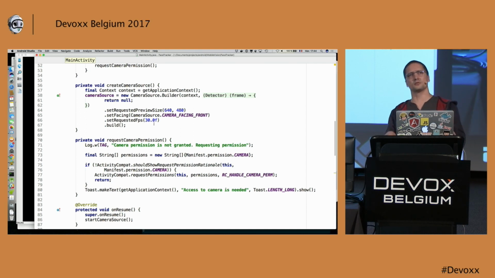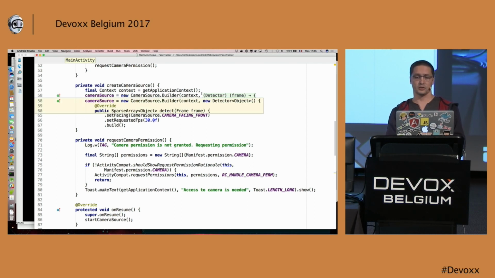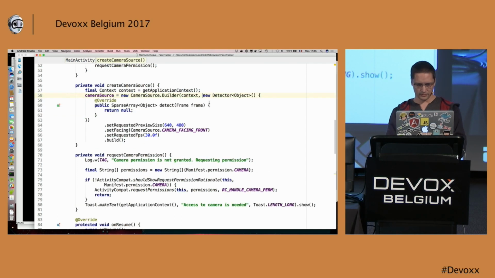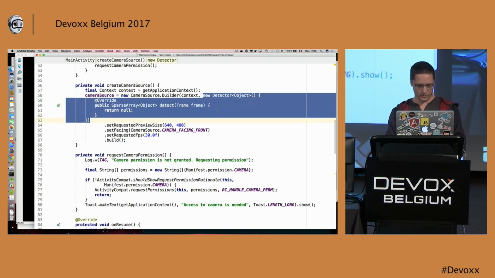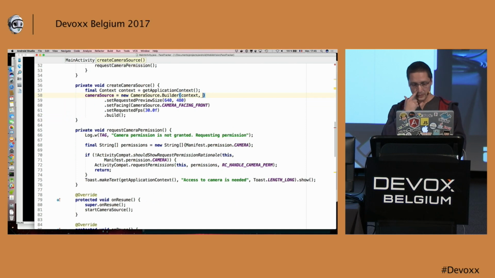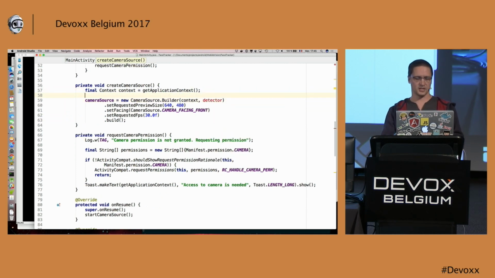And this class will handle the release of the detectors, because you give the detector to the camera source. When you stop the camera source, it will release the native resources. So what we will do is just change this dummy detector that I made to show the empty application.